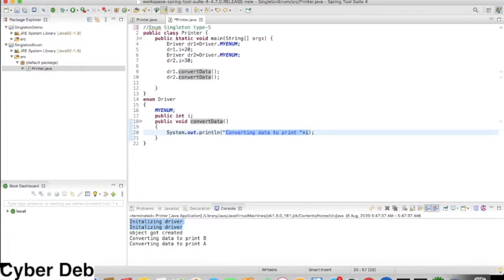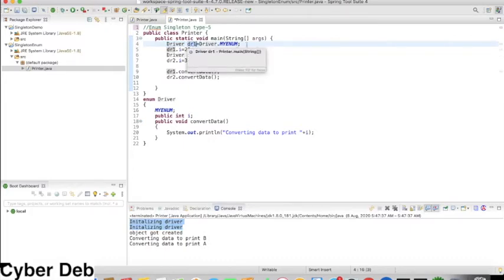And in the main method, what we have done, we have gone for creating the object of Driver, we have gone for fetching the object of enum. dr1 is Driver.MyEnum, again in the line number 6 dr2 is Driver.MyEnum.